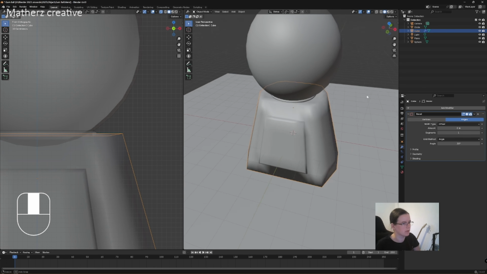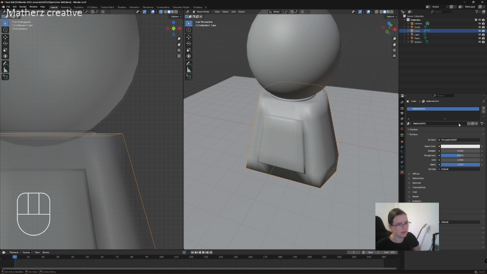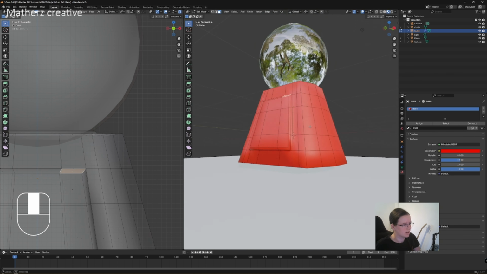Just to make it a little bit more rounder. So on this particular one, what we're going to do is press new for materials. Let's go for, this one can be the base. And we'll place this as a nice little red for the base. And what we can do is go to edit mode, click